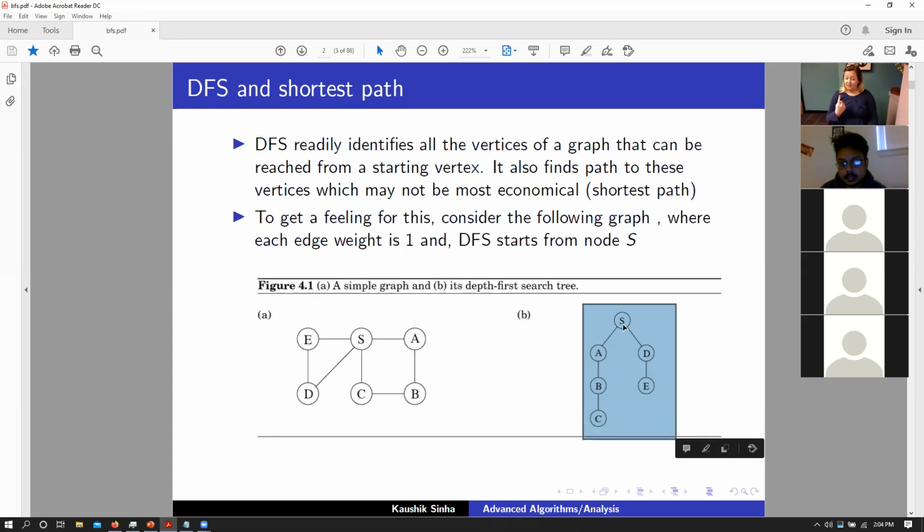Because in this scenario, I am traversing one node, two nodes, and then the third node gives me the value C. However, I know that there is a direct connection from S to C, but applying DFS on this graph does not get me that particular path. So today we are going to discuss algorithms which find the shortest possible path between any two vertices.